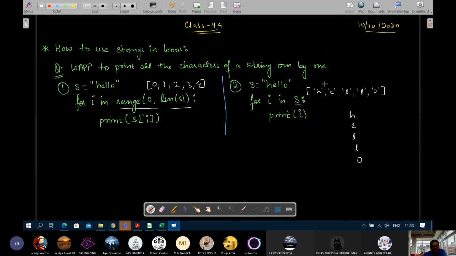So it can be used in two ways. I'll write here two ways. First way is this one, and second way is this one.